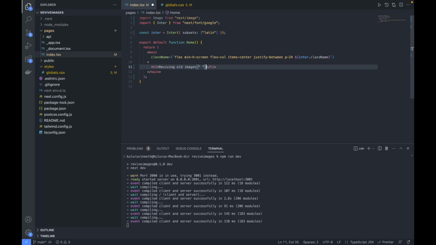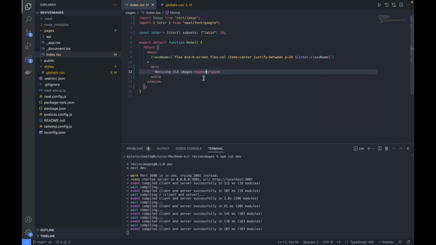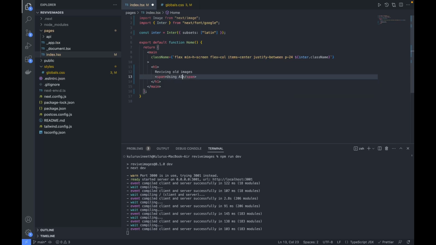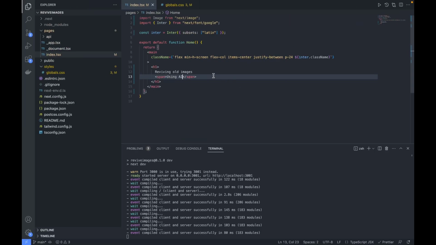Okay, so here I'm going to create a span tag. Okay, so let's do this here. So inside this we will have one for the svg icon and one more for the text. So for now, if I give using AI, so if we go to our output, this is what we are seeing. So let's do some styling for this. And before even that,